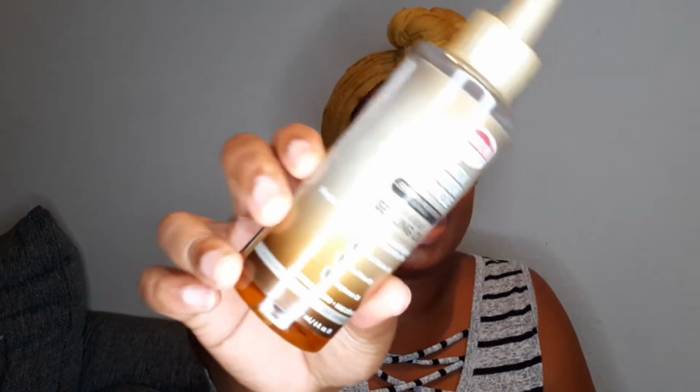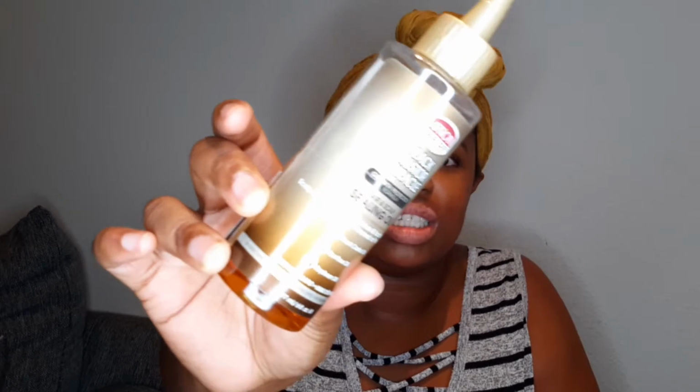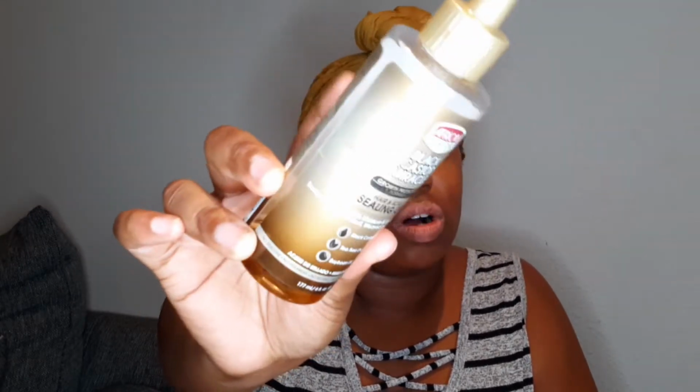Then once I put my leave-in in, I went in and put my sealing oil. As y'all know, I've been using this sealing oil all summer and I'm getting to the bottom now. It is actually the African Pride Black Castor Oil, from their Miracle line. It is specifically formulated for growth protection, so I use this a lot during my protective style season. It has black castor oil, tea tree oil, and soybean oil. So if you're looking to grow your hair, this will be a great